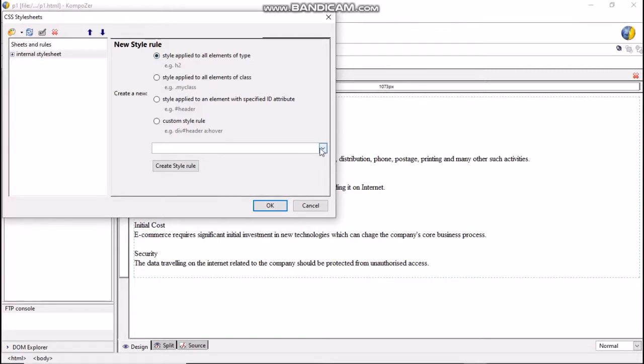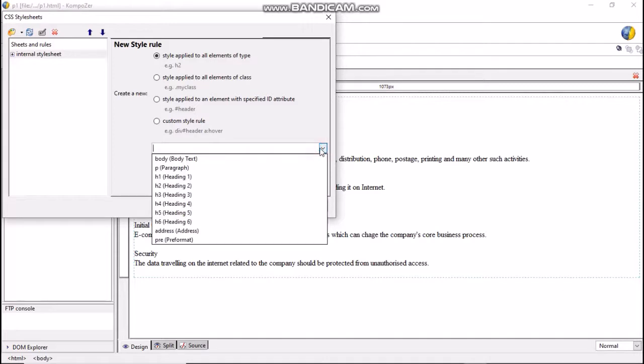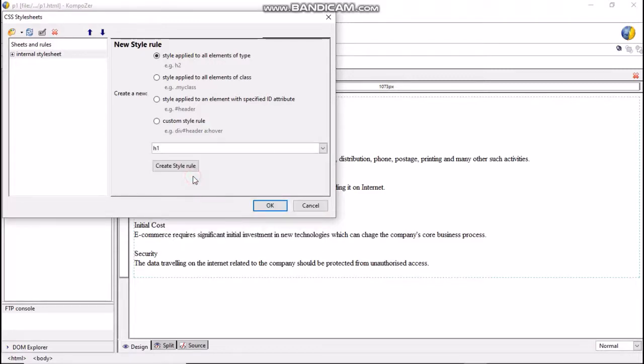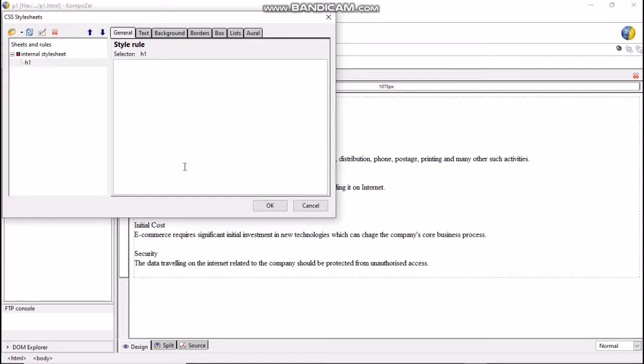Then from the drop-down menu, choose an element to create the style rule. As we want to create a style for the heading 1 element, we will select H1. Click Create Style Rule button. You will see that the CSS Style Sheet dialog box remains open, but the options will change.